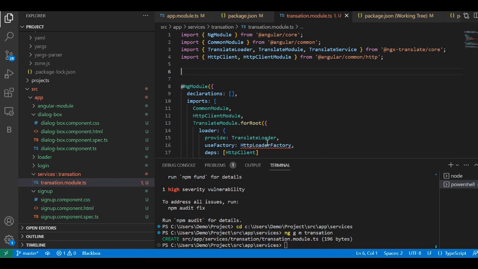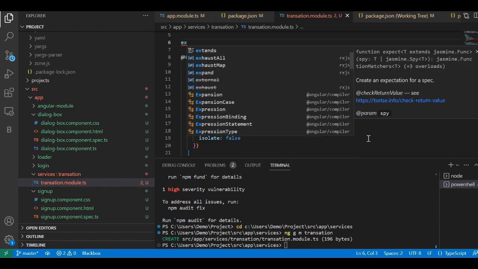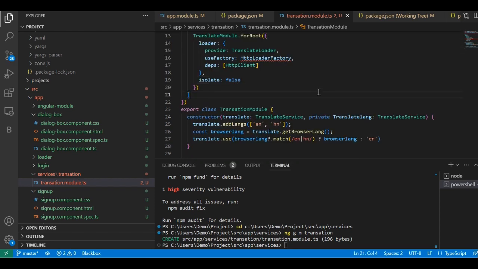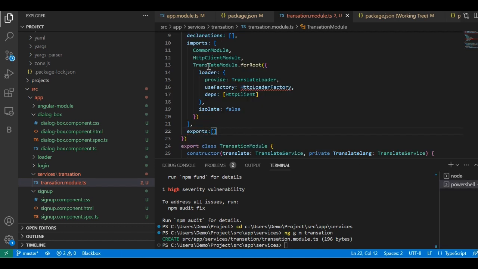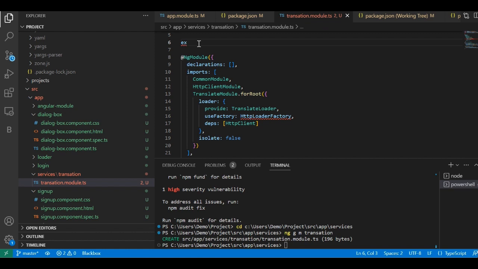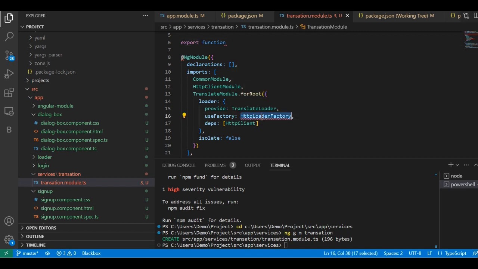We have to import this loader factory. I will tell what the reason is. Before proceeding further, we have to export our module as well. Okay, import, export this TranslateModule, we have to export it. This is done. So now we'll export here as a function that I am going to use, that will be this HttpLoaderFactory